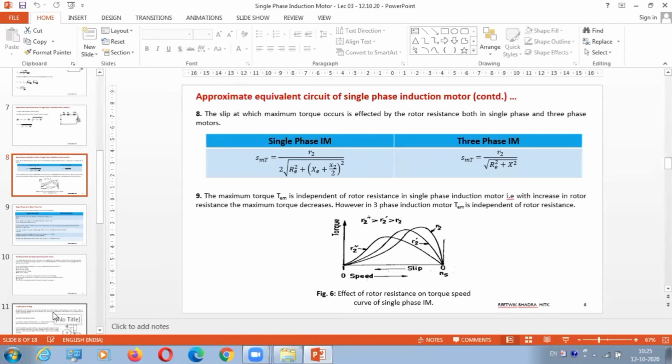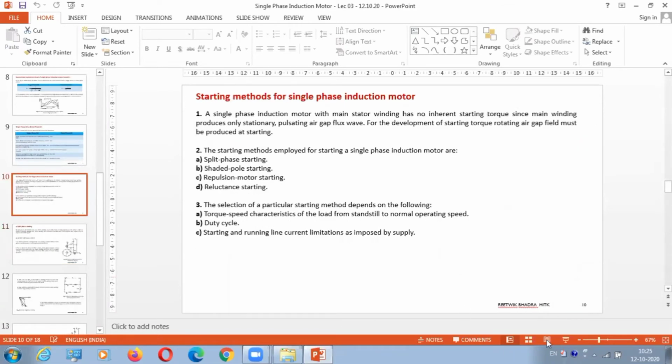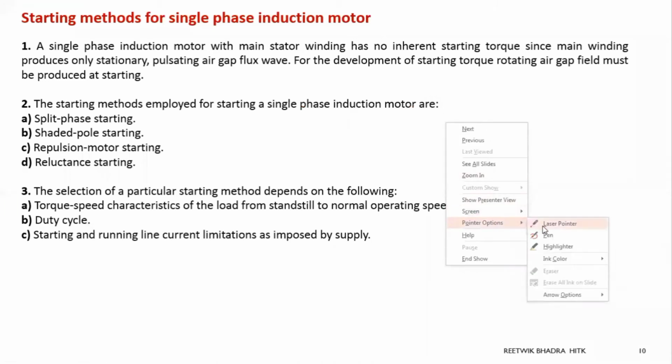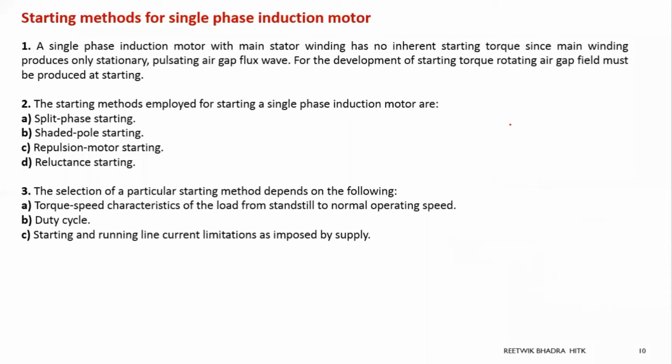So we'll go into this description now. That's why my target is now to not provide that external torque separately, because if I give a single phase supply, there is no starting torque, but I can give an external torque. You can rotate it with a pen, like the fans in the train that stop somewhat, and we rotate it with a pen and it starts rotating. So that is the external torque we can provide.